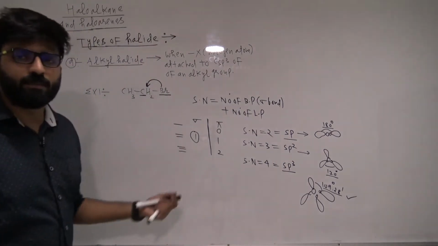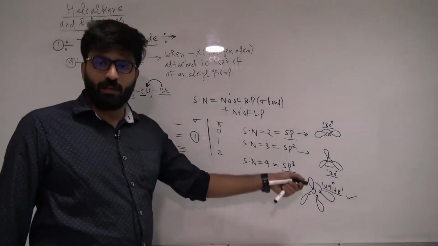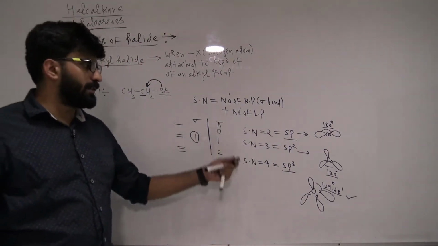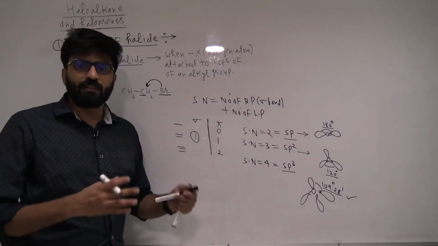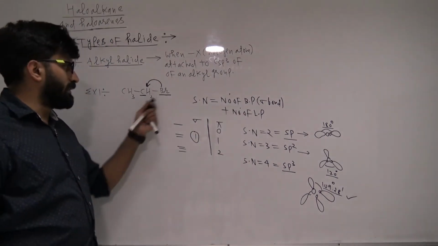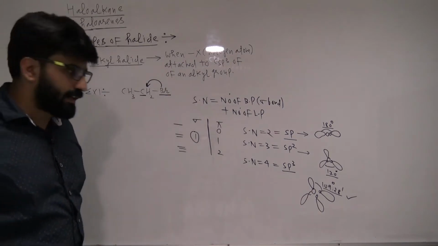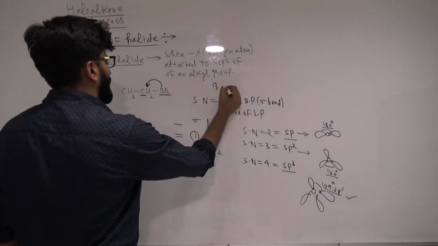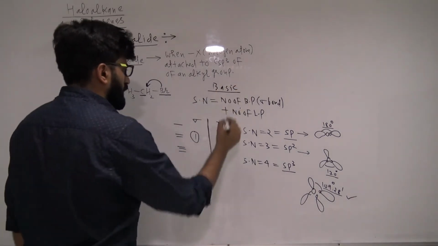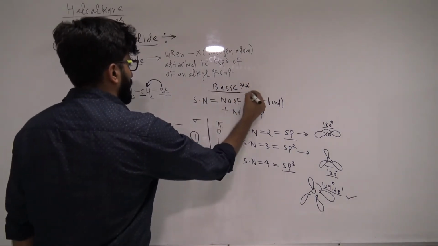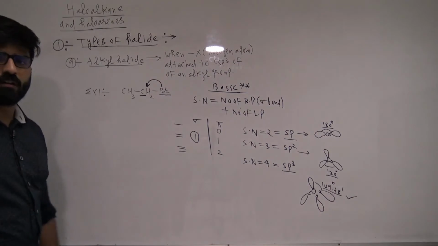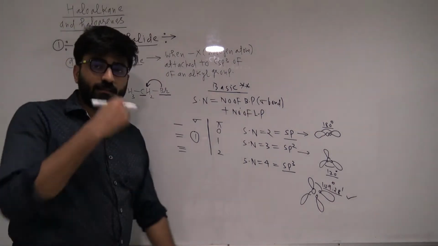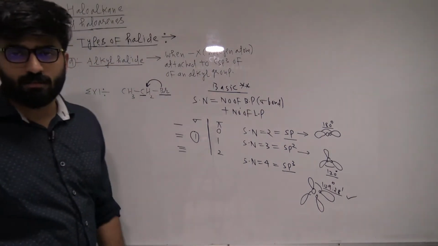So the concept of hybridization should be clear to everyone, that in organic chemistry this is how we calculate hybridization. If these basic tools are clear, then it is very easy to solve these kinds of questions, right? So now I discuss this basic. I'm considering that we are starting from zero level, so whatever the important points of organic chemistry, whether from class 11th or even class 12th, I am going to discuss here, so no problem.